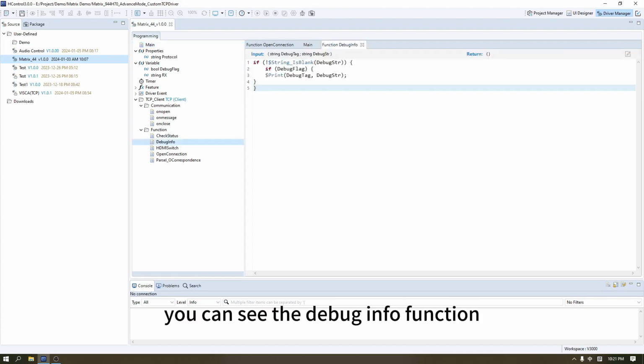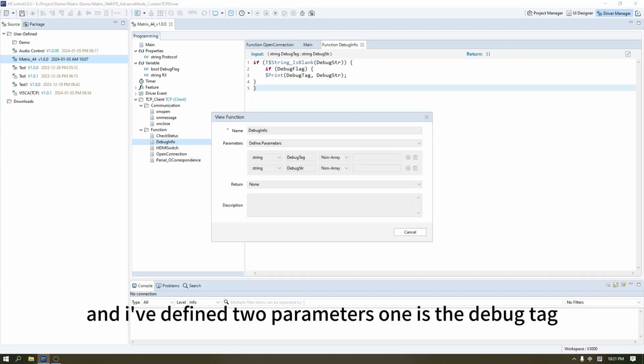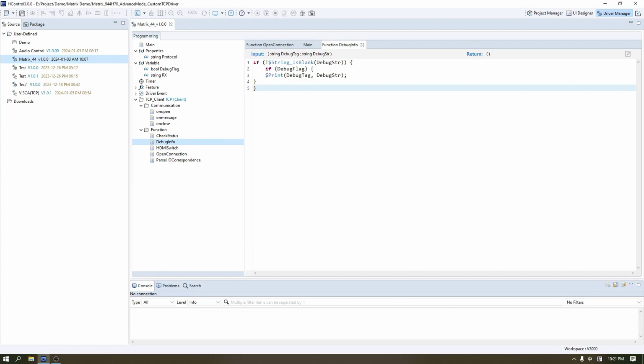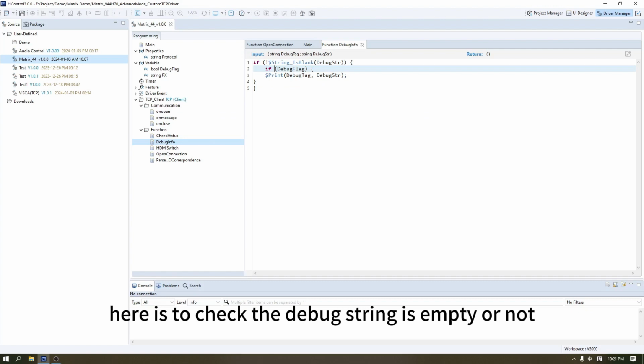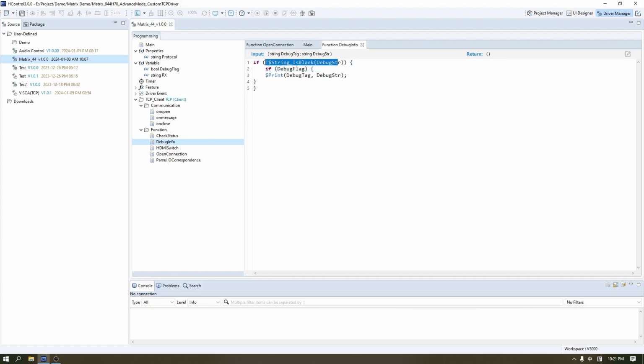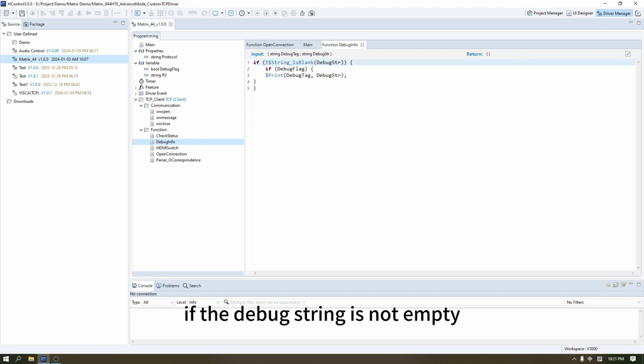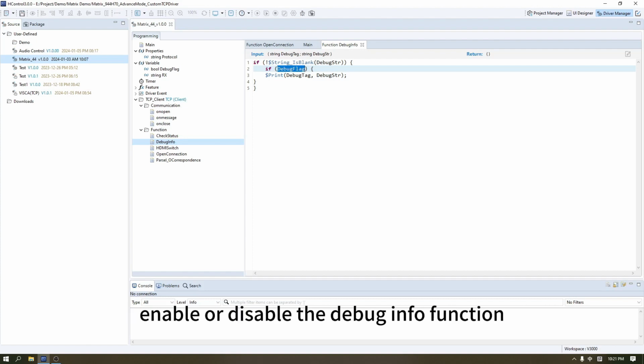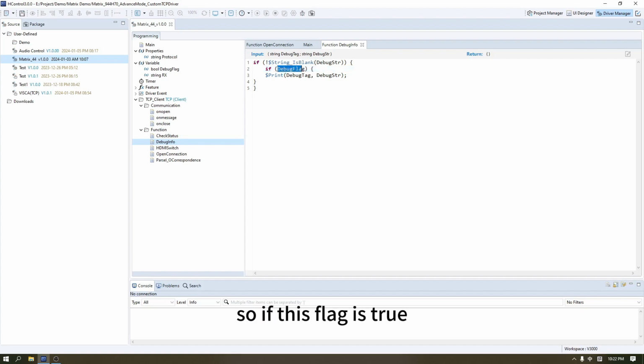And here you can see the debug info function. And I've defined two parameters. One is the debug tag, and another one is the debug string. Here is to check the debug string is empty or not. If the debug string is not empty, then we need to check the debug flag. The debug flag is the flag to define, enable or disable the debug info function. So if this flag is true,